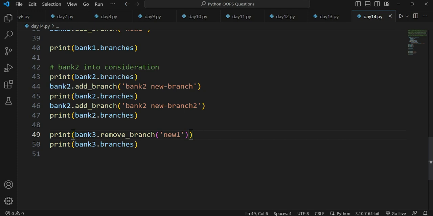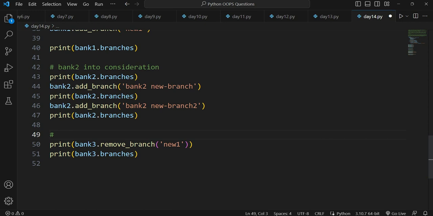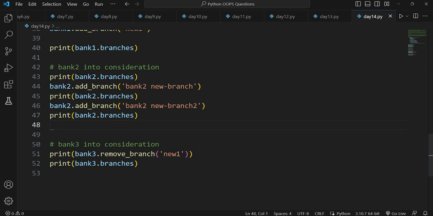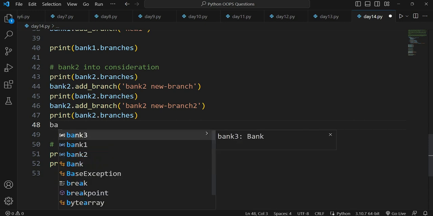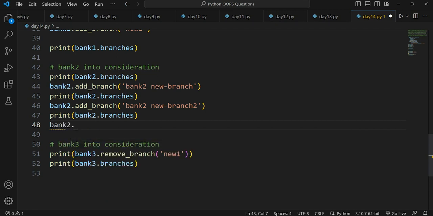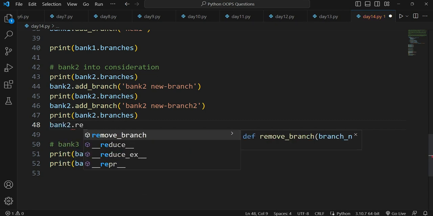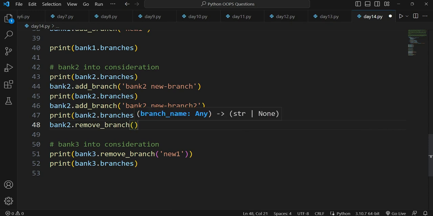And if you want to check whether we can remove it or not, you can just add this value and remove it. So let me put this in comment here, bank 3 into consideration. Let's say we are checking for bank 2. So if you want to check remove branch on bank 2, bank 2.remove_branch, which branch you want to remove?